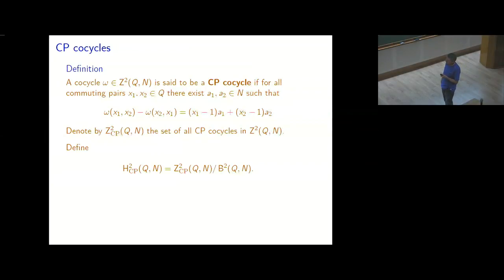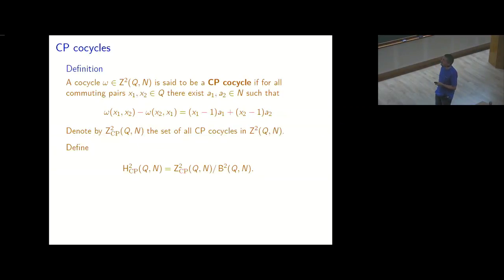Whenever you have a commuting pair of two elements in Q, this is not surprising because you start with commuting pairs in Q, there have to exist two elements in N, so that this symmetric difference can be written as, well, this is basically just an inner derivation or something, right? And you denote the set of all such cocycles with Z2CP(Q,N),